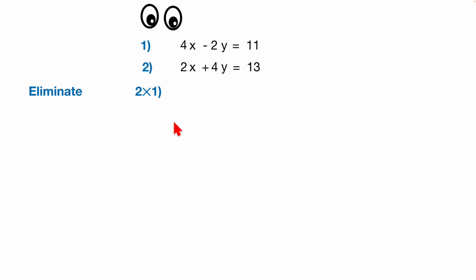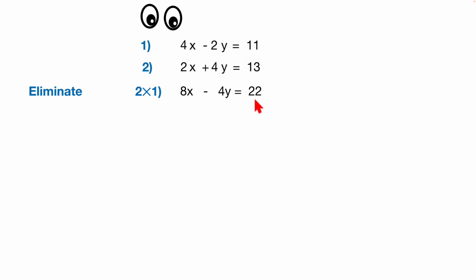This is better. If I double the top equation, my minus 2 becomes minus 4, and then I can simply add it to plus 4. So 2 times the top plus the bottom, and I get rid of the y's. Let's have a look. Column 1 and 2, eliminate. Sounds like a Dalek. 2 times 1, that's going to give me 4x becomes 8x, minus 2y becomes minus 4y,